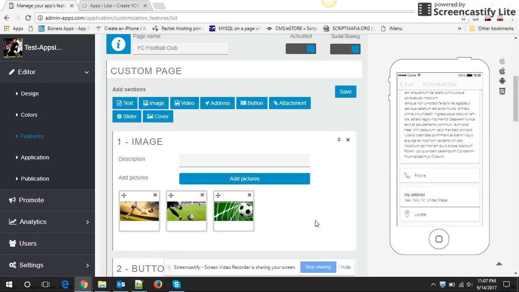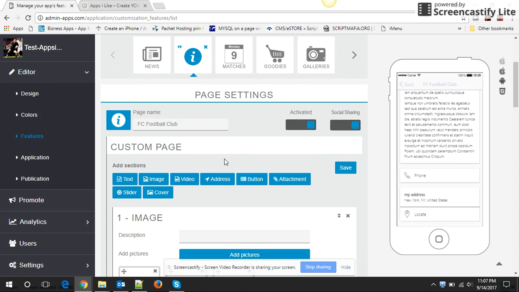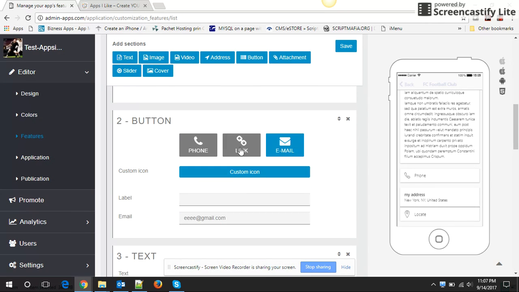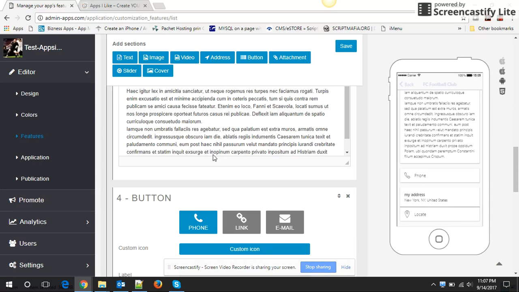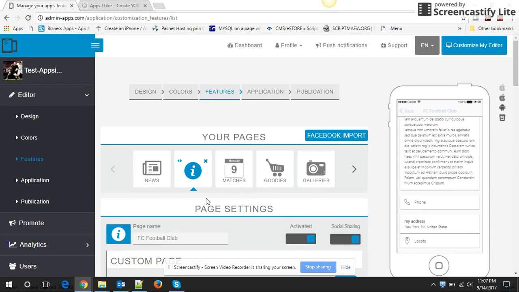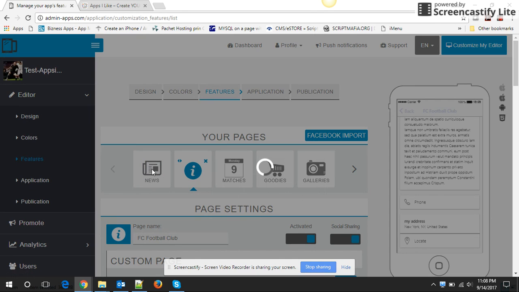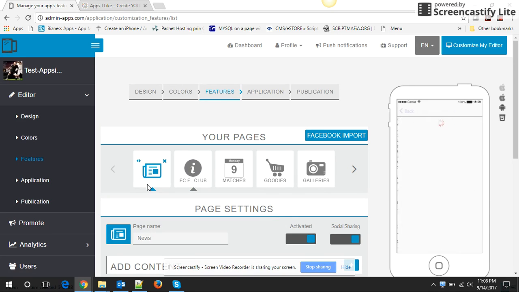So in our other video, we were speaking about, I think, the most important features in the 2.0 panel, the custom page. We spoke about how to add some feature text, a video, and so on. So let's move forward to what we have next. We have the news page. So we are speaking about the pages that we already have here. This one, the news, speaking about the football